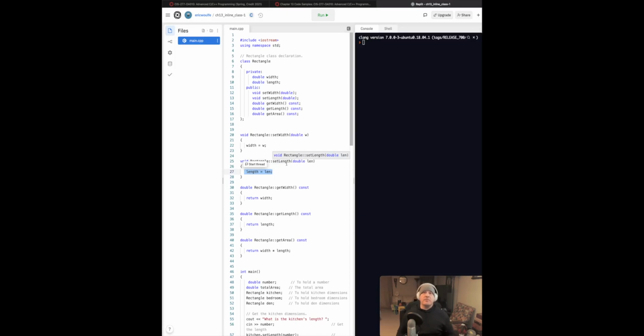Now, there's something I didn't talk about during the chapter because I knew I would talk about it here, and that's the idea of stale data. You'll notice that area is not something that we store here in our functions. It's not something that we actually have as a variable up above. So let's say on line number 11, we do not have a double area. Why is that? If the whole point is to find the square footage, the area, why not have it as a variable? And that's because